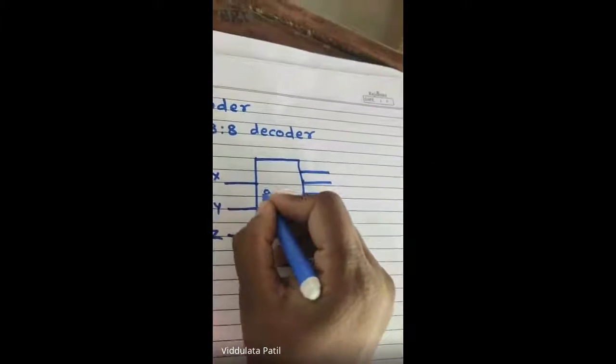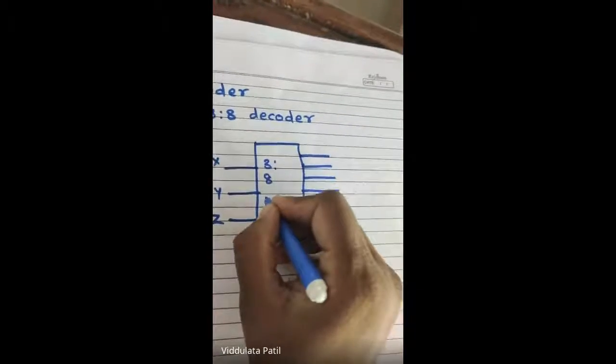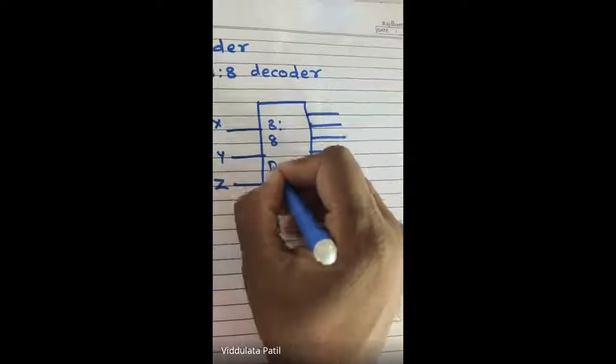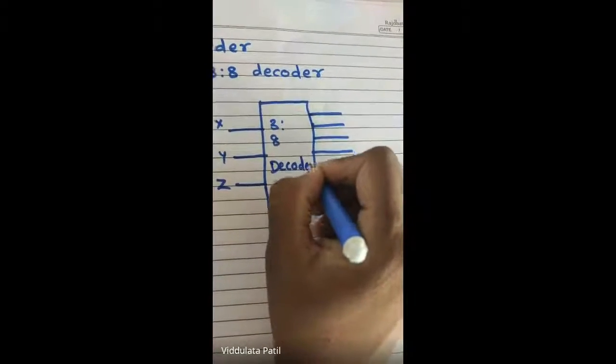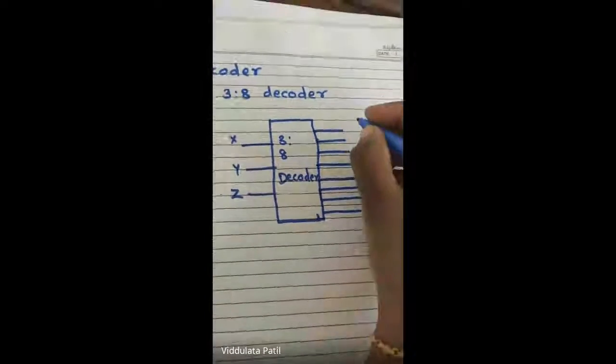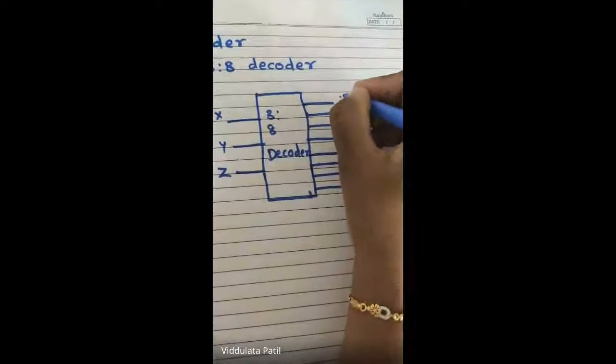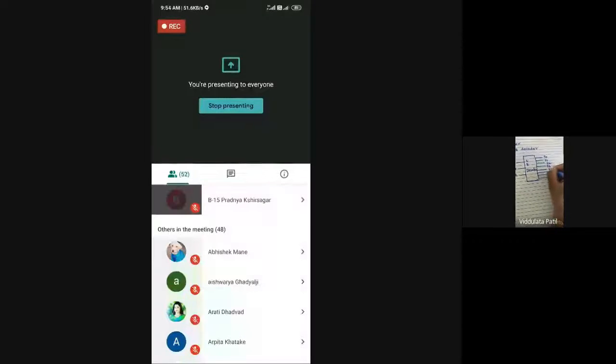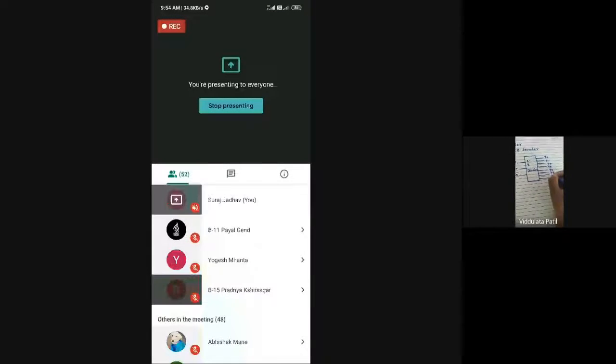So these are the 8 output lines, and we have the outputs, let us say y0, y1, y2, y3, y4, y5, y6 and y7.